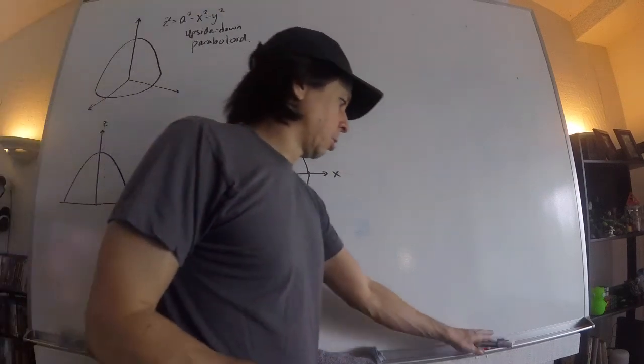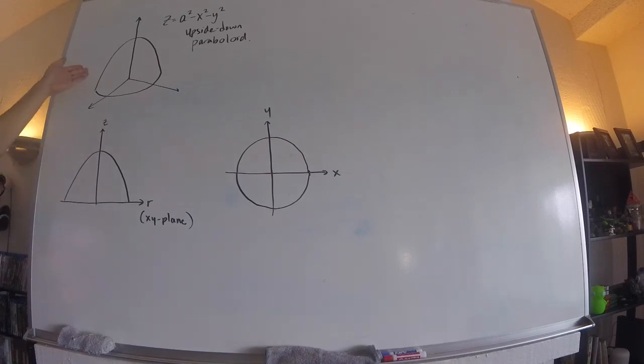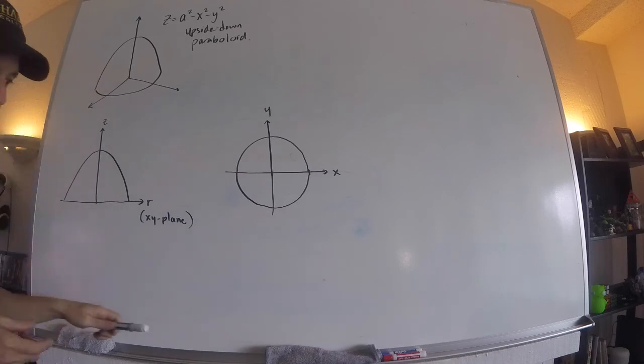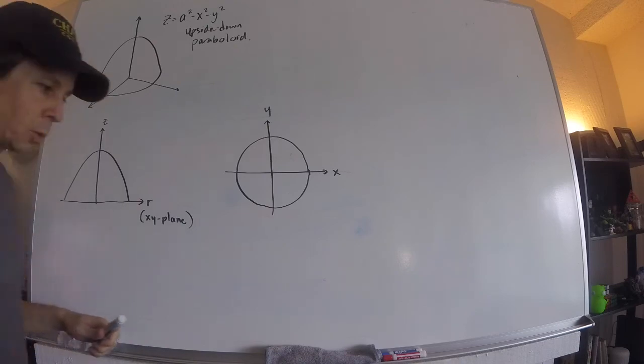Alright, so we're integrating. I'm not going to do the actual integration, but the setup is important. We're doing an upside paraboloid, and we're integrating the function x squared plus y squared, but again, I'm not going to do that. I'm just going to go through the setup of how to set up an integral. The spherical is not going to really work